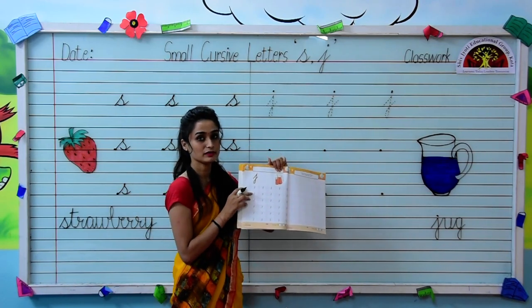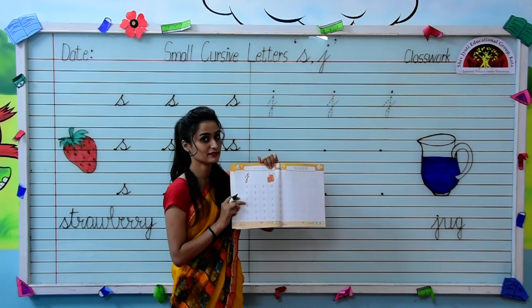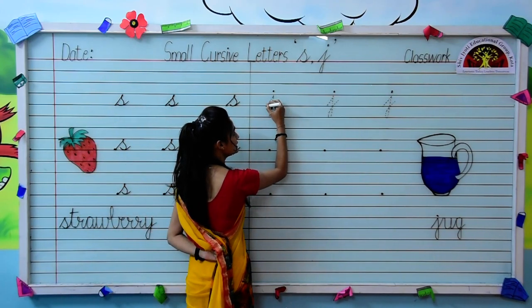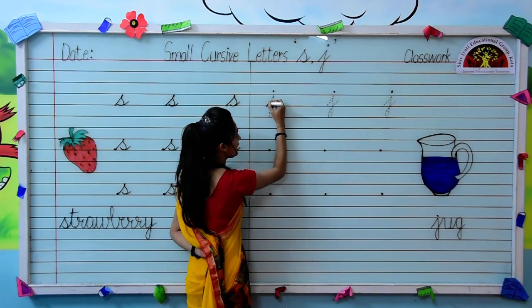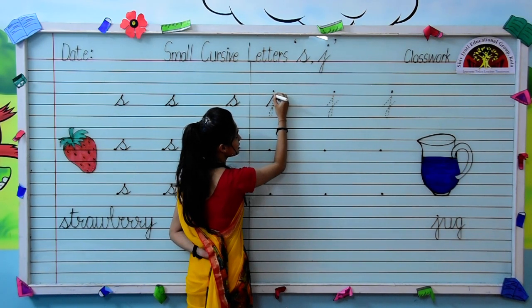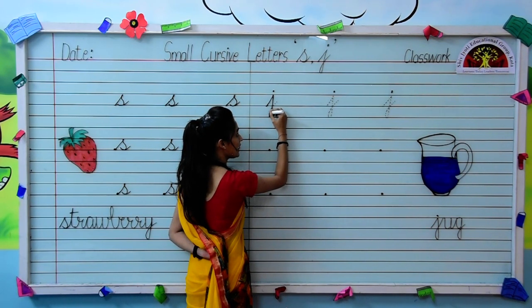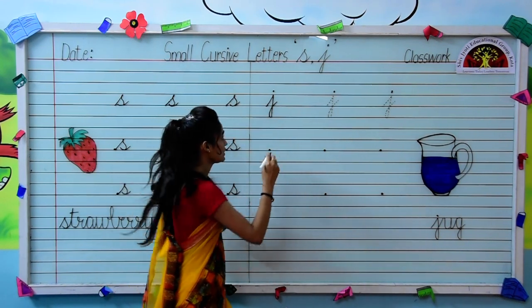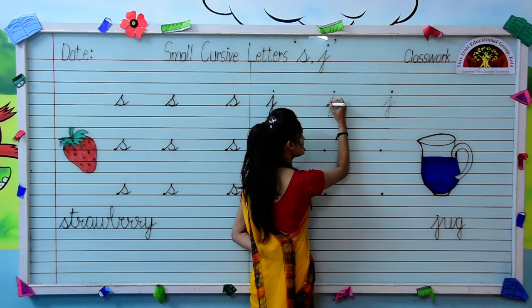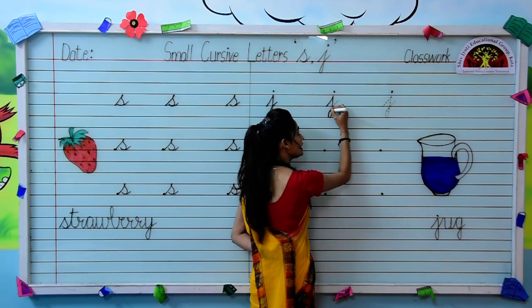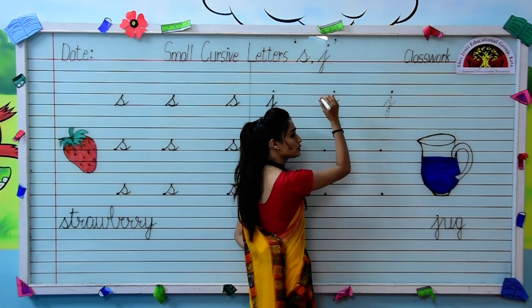48. Okay? Now we will see tracing of J, small cursive letter J. So put your pencil over here kids on the third line. Make a slanting line up, come down straight, then make a curve touching the fourth line. Go up, make a loop and out like this. Okay kids, look over here once again. Slanting line up, come down straight, then make a curve touching the fourth line. Then go up, make a loop and out like this.